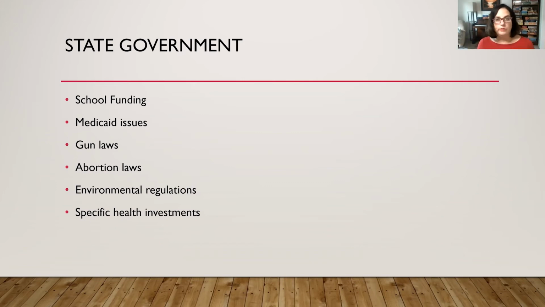When you talk about any restrictions that might be placed on Medicaid and what it'll cover and what it'll fund, that's done at the state level. I mentioned gun laws. Well, it's not all, but many of the laws that we talk about are at the state. We've talked abortion laws, lots of people get engaged in reproductive health. This is state level issues, environmental regulations, and different health investments and social service investments. So last lecture, we discussed Minnesota and those investments in affordable housing. That happens at the state. Can happen federally and can also happen locally, but a lot of it really is at the state.